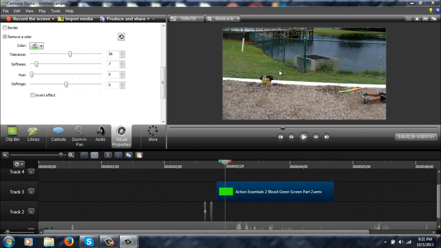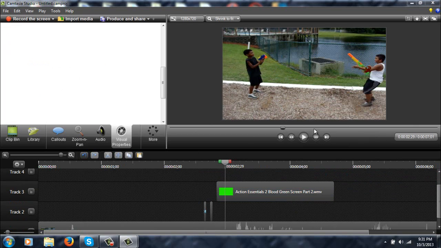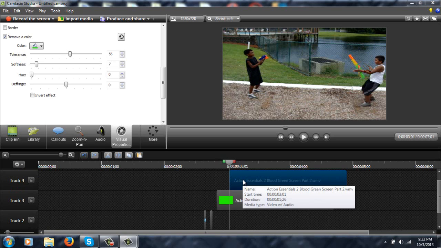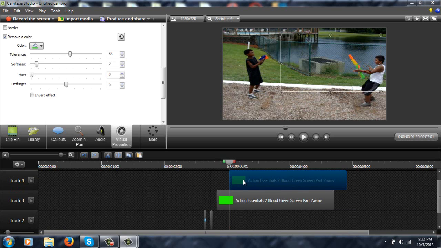Now we're gonna go over here, hit the plus button. Then we're gonna find the area where our second actor gets hit. So if he gets hit there, he should get hit right about there. So we're just gonna control V, and it should paste it right there. So what you want to do now is mark that, just move it away,